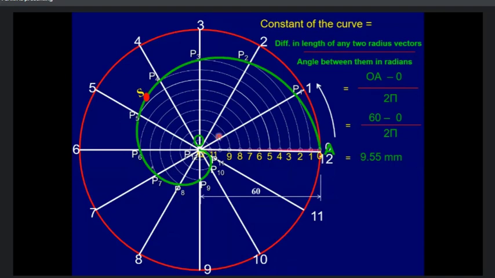Once you are done with that, connect any point on the curve. Take a point on which you want to draw the normal and tangent. Take this point, now connect this point with O. O is nothing but the pole. So pick any point and connect it with the pole, the very first step.